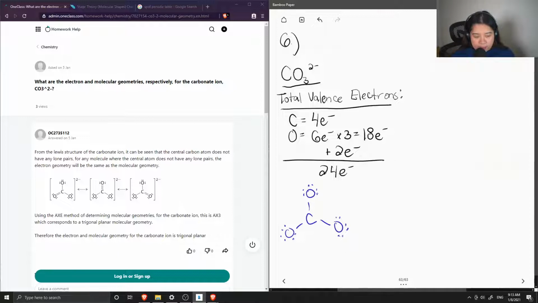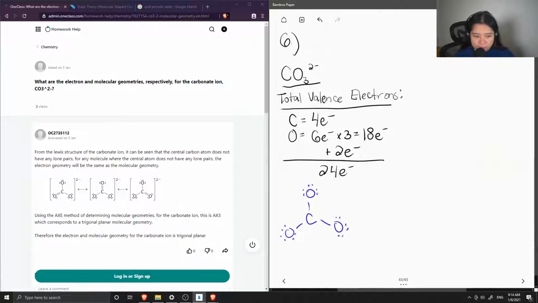So in the case of all of the bonds, each bond contains 2 bonding electrons, so we have 6. And then each oxygen atom has 6 electrons. So we have 24 drawn so far, but if we look at our carbon atom, it doesn't have a full